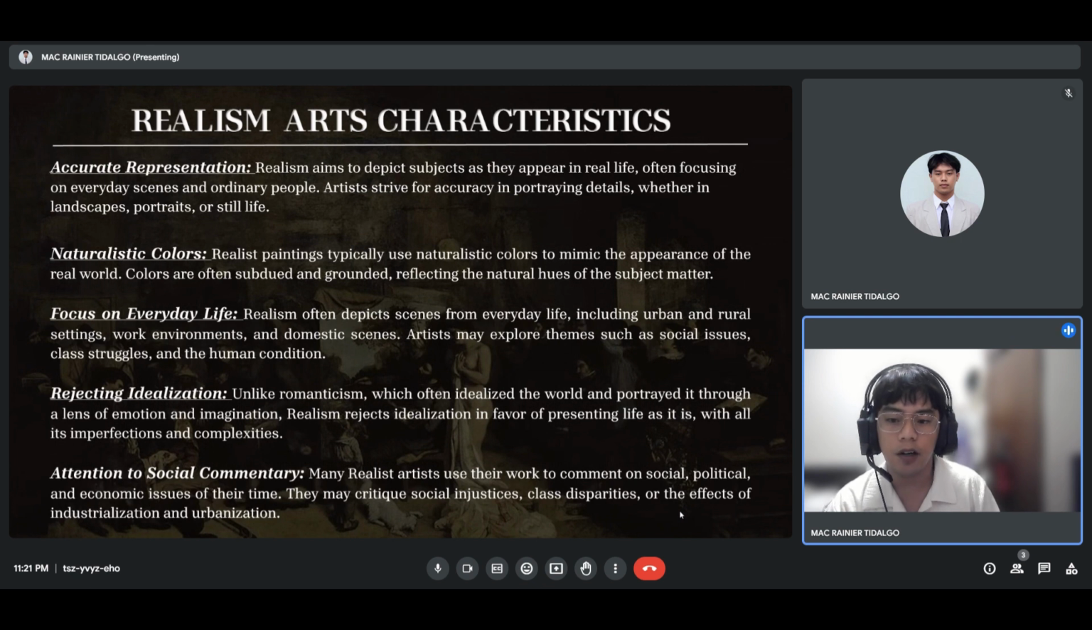So, the last characteristic of realism art is that it gives commentary on the social, political, and economic issues of their time, especially in France or in the French government. They also critique social injustices, class disparities, or the effects of industrialization and urbanization in their country or in the real world. So the next one is,